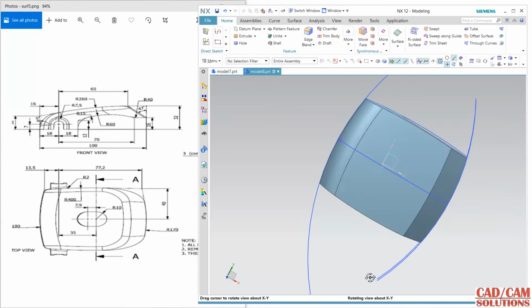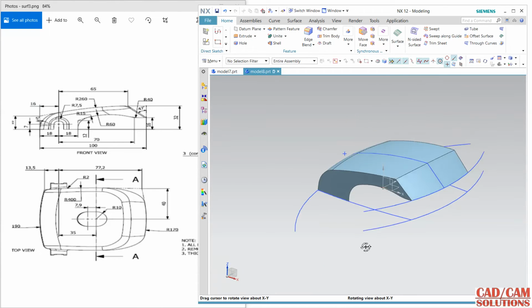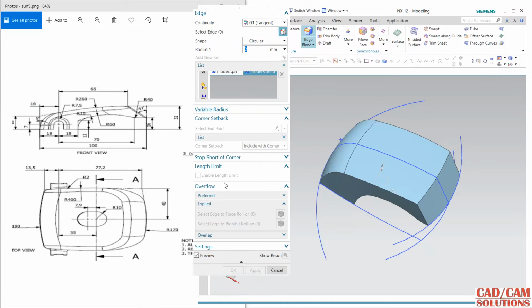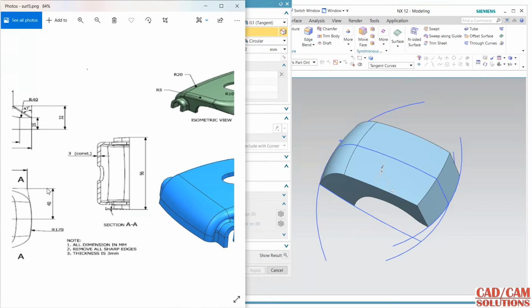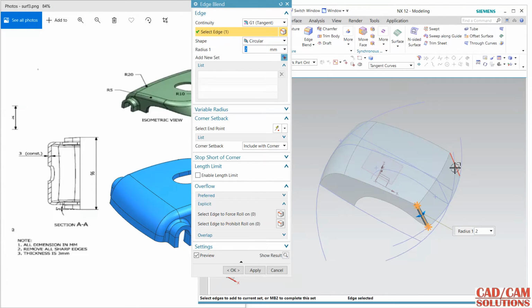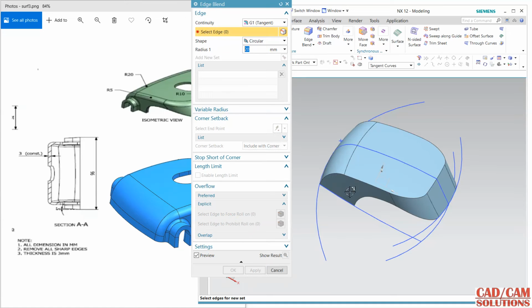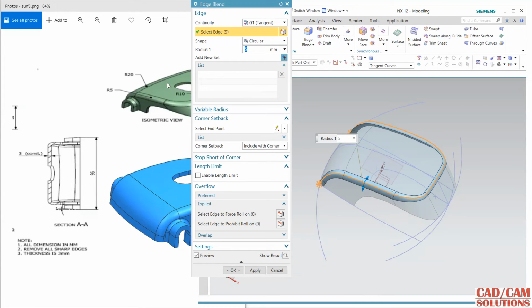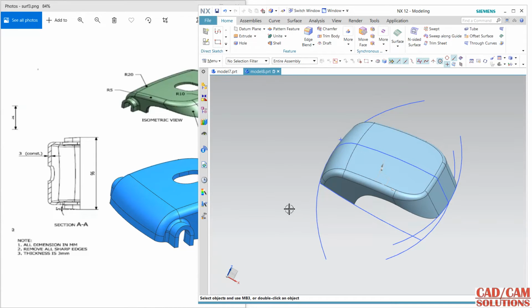Okay, now it's time to apply the fillet. So go to this edge blend, and here it is 20. So click this and this. 20 is the radius. Apply, and here it is 5. Change it to 5. Okay,